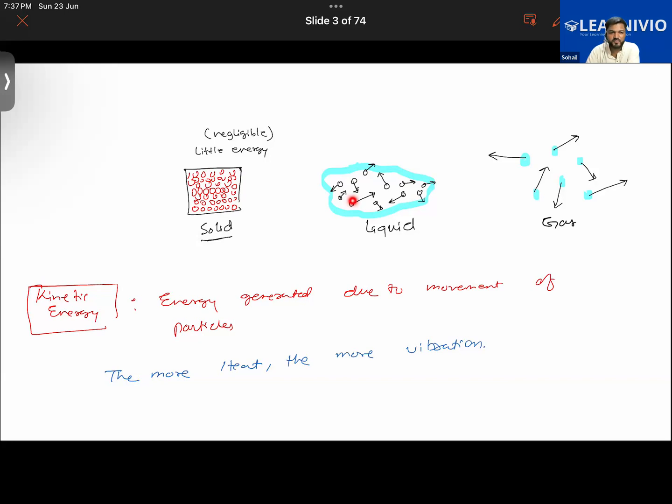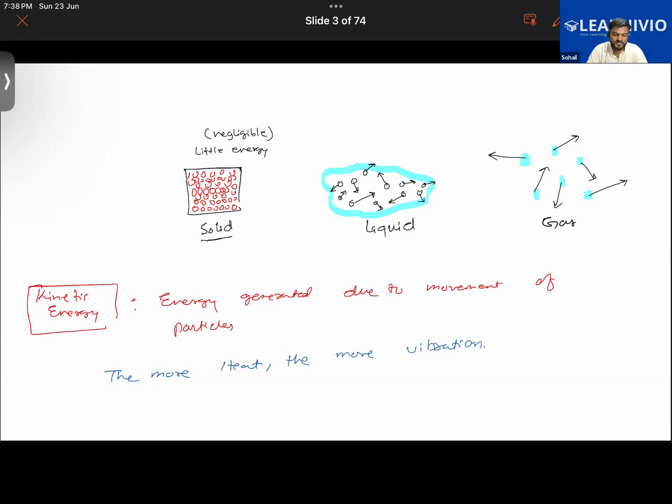Very good, Aman. So one more thing we can see here: since the molecules of solids do not show movement, only negligible movement, and whenever something is in motion, whether a molecule or any other object, it possesses an energy called kinetic energy. Since the molecules of the solid do not move much, they have very little energy. Liquids will have some energy as compared to solid, and gases will have the most energy. Exactly, so the more the vibration in a given object, the more heat it has.